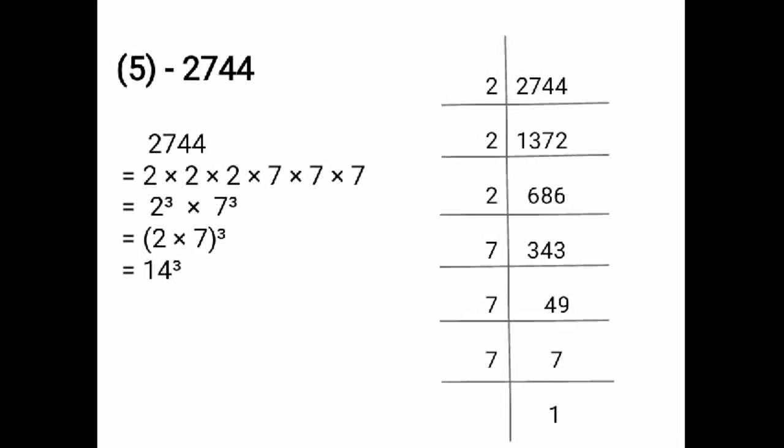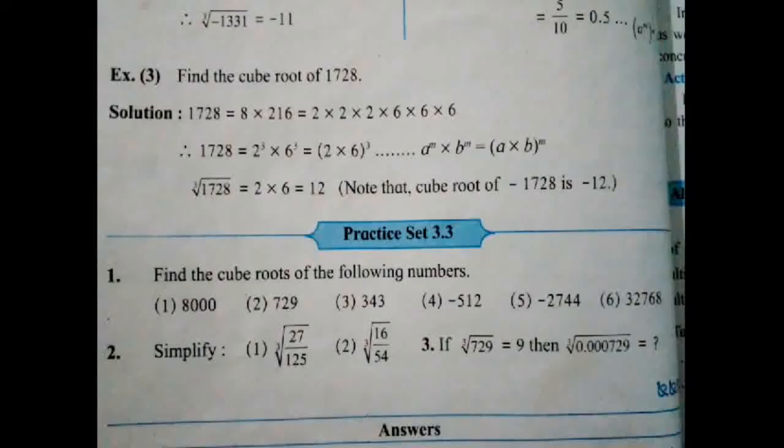Now remove the cube and write in cube root form of the given question. That is, cube root of 2744 is equal to 14. The question is given with a negative sign. Therefore, cube root of minus 2744 is equal to minus 14. Next,